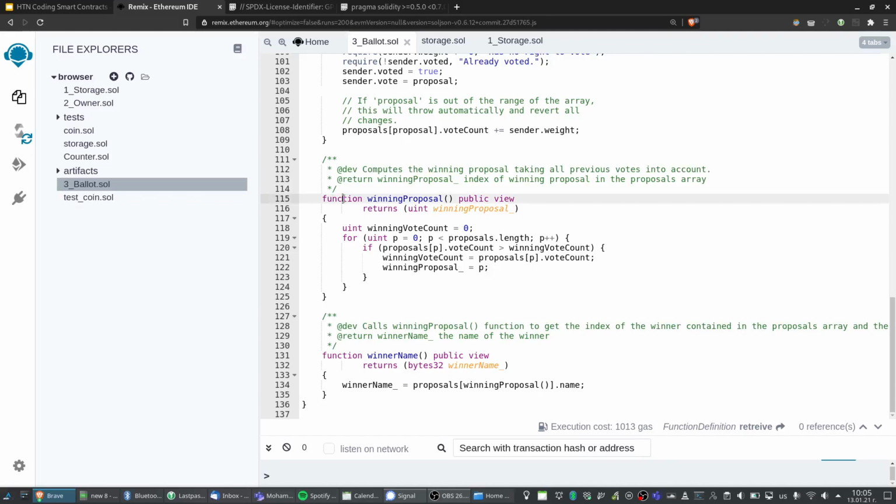So the function winning proposal simply tells us the index of the proposal which has the highest vote count. So that's a pretty simple loop. We loop from index 0 to the last index in the proposals array, and we take a look at the vote count for every proposal, and we register the highest vote count that we see here, and we also register the index of the highest vote count,